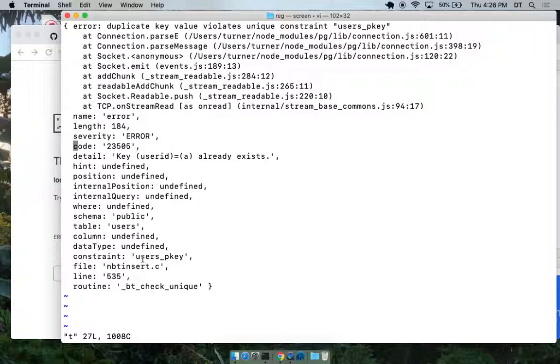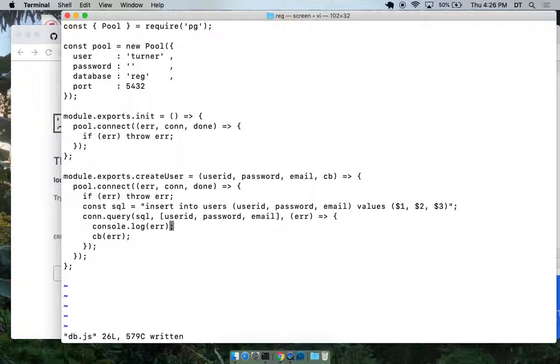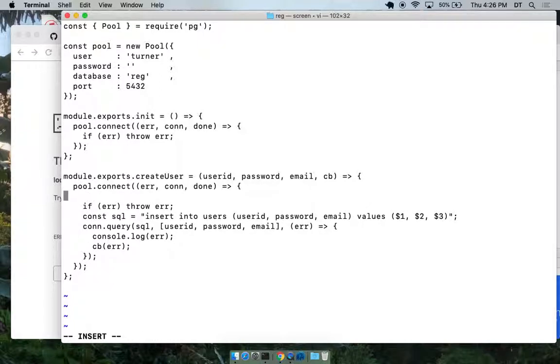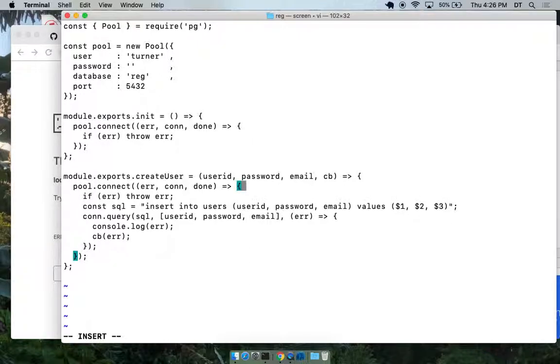So table users. So here we have an error.